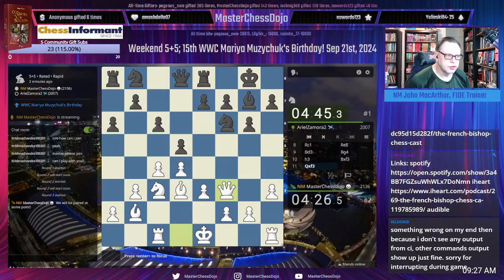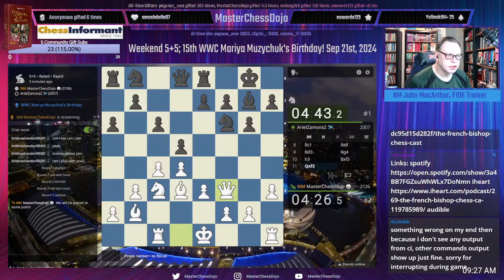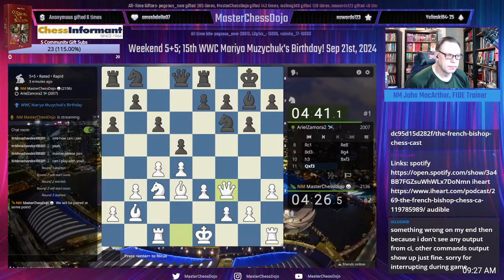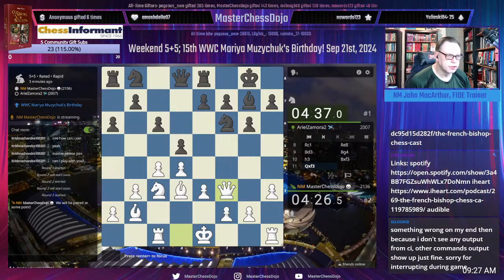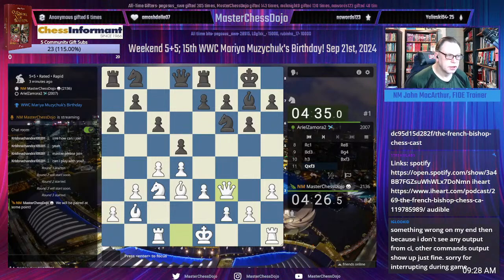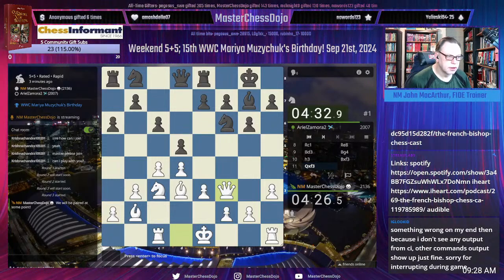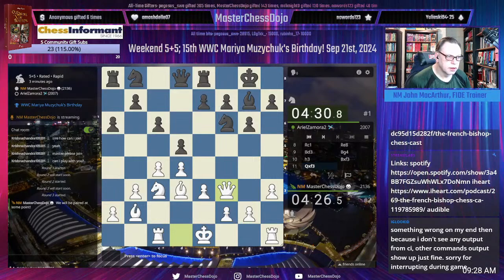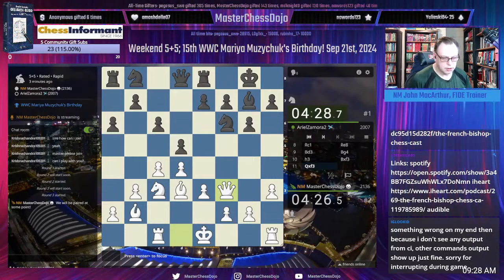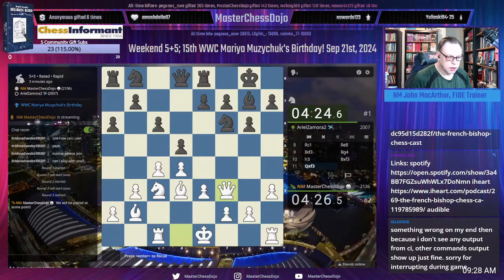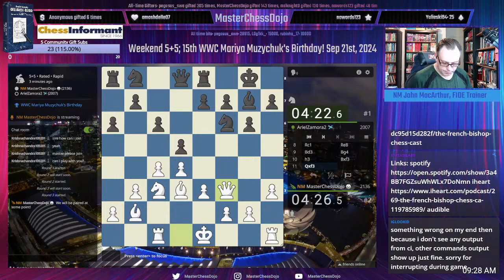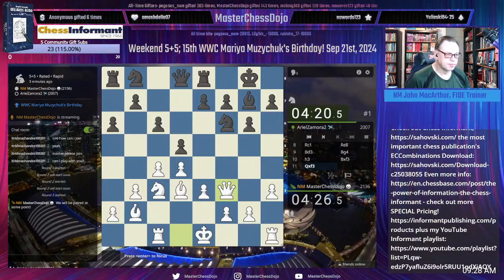It says check out Chess Informant, shahovsky.com. MooBot is enabled. I'm going to paste it in.